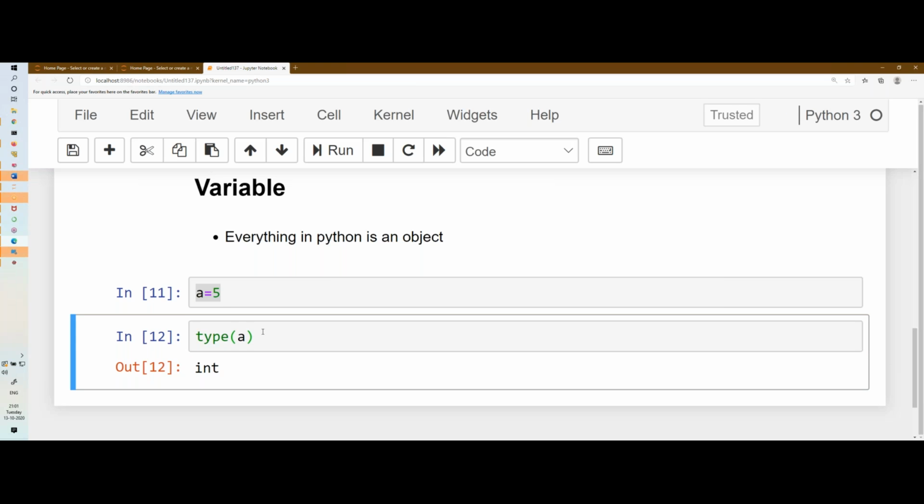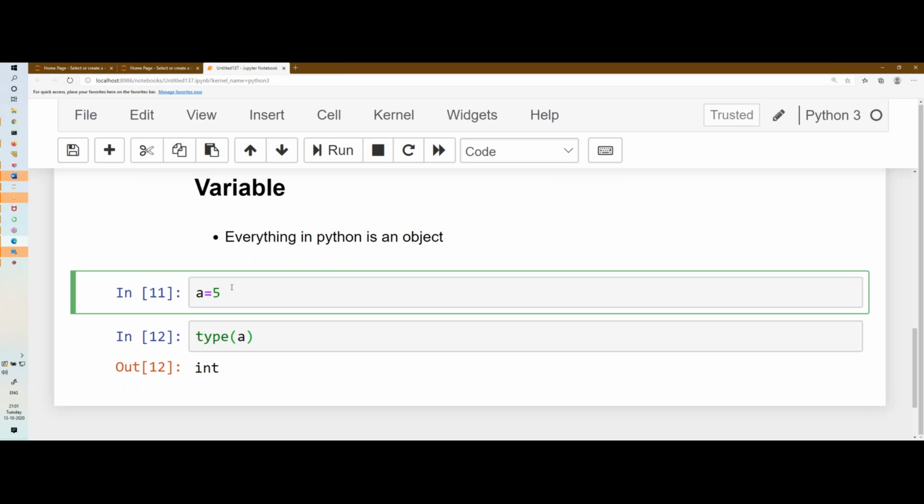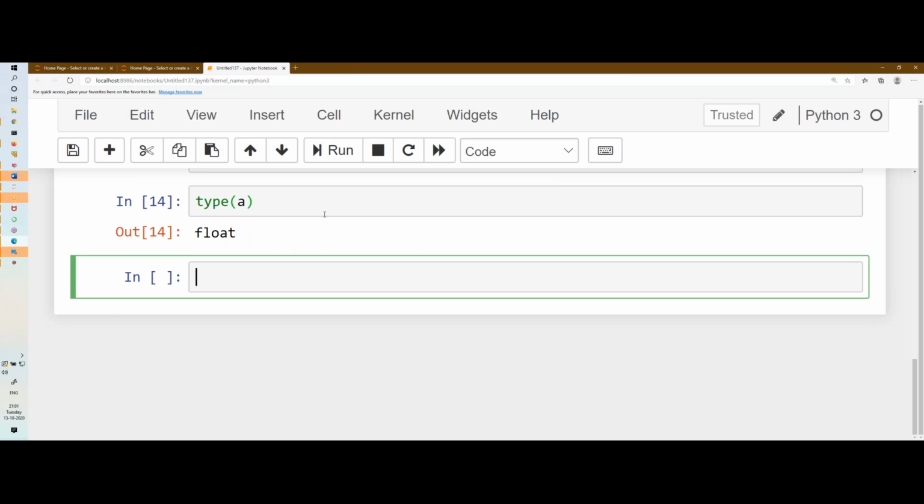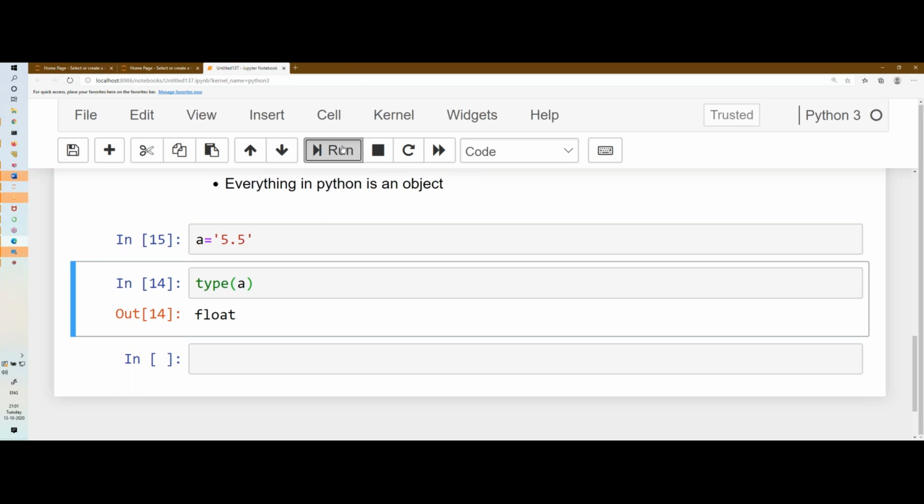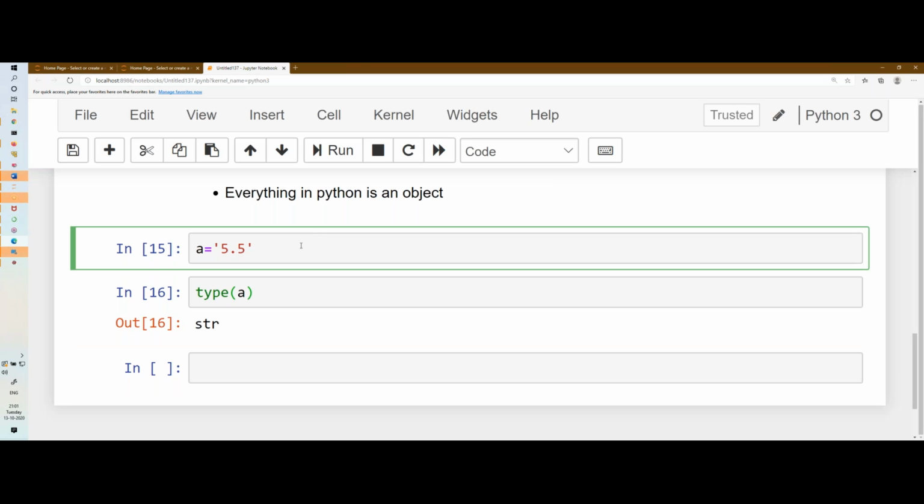What is the type? Integer type. Who told the interpreter it is integer type? Have I mentioned? No, right? The interpreter will automatically take the type based on what kind of data you are assigning. If I change 5 to 5.5, what will happen to the type? It will become float, right? If I write within quotes, that will change it to string, right? So whatever value I am assigning, based on that value the interpreter will automatically assign the type